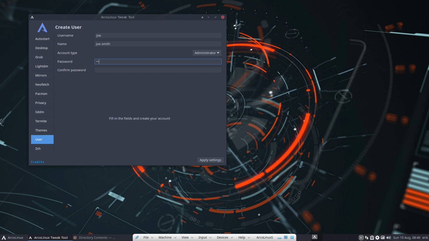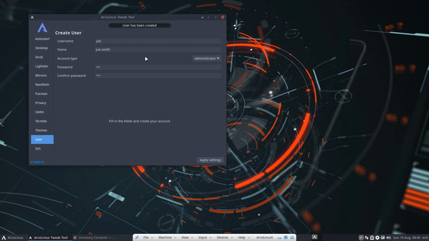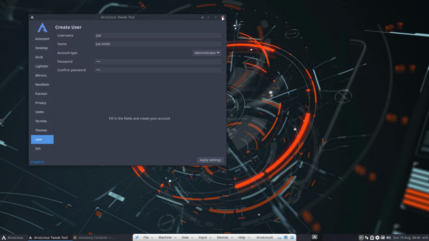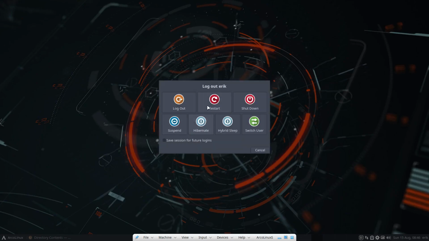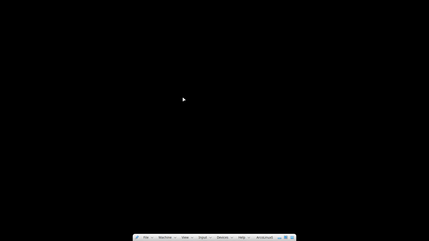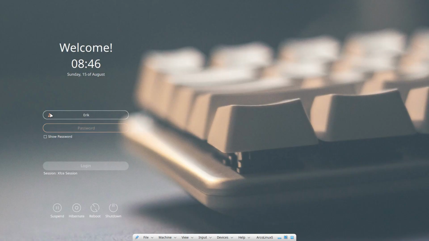So I'm gonna go for Joe again, otherwise I'll forget. So Joe, that's it. Joe Smith, Joe. Fill in the fields, create your account, apply settings. User has been created. And that's what we give you now for all the 22 desktops. That's gonna work. If it's not available in the standard machine, right, the standard desktop, it will be available now